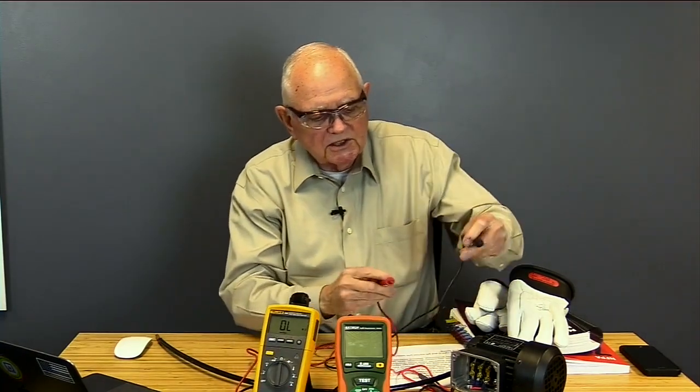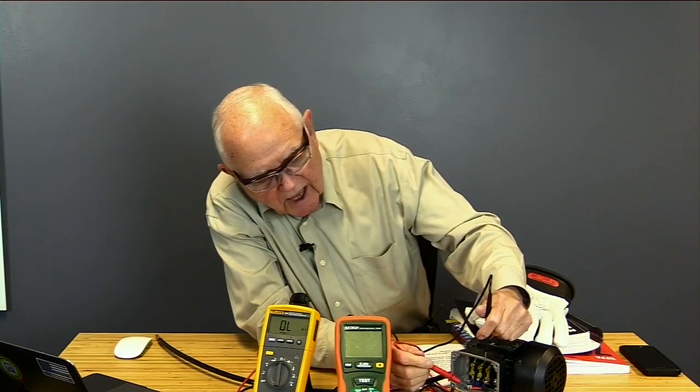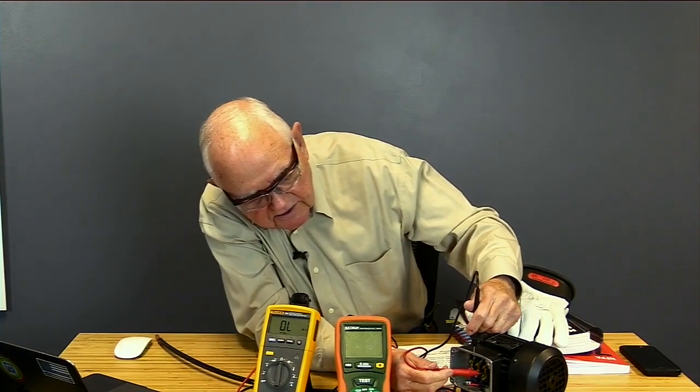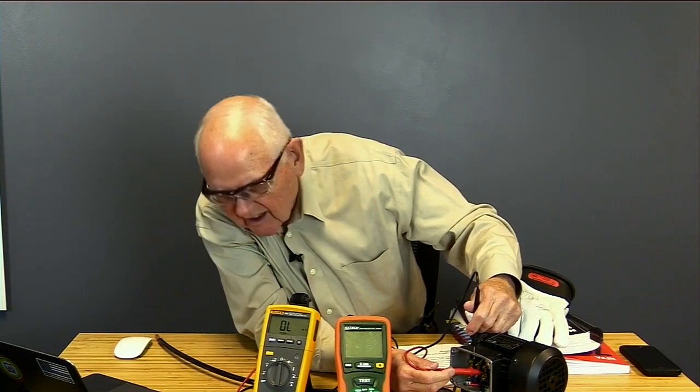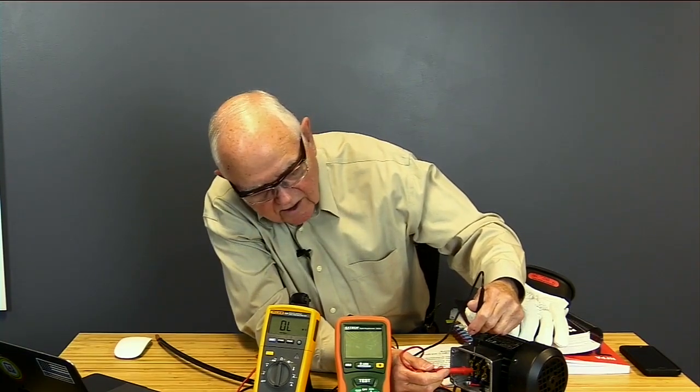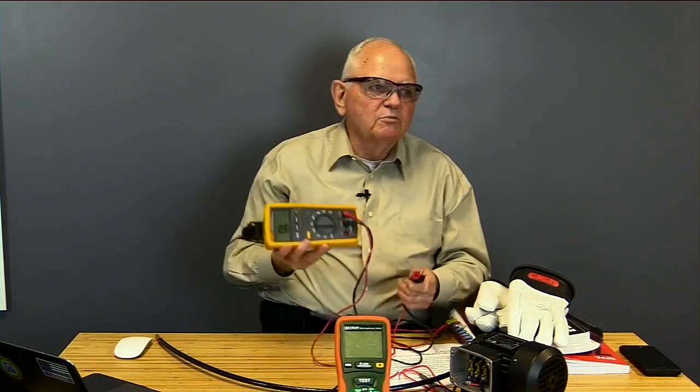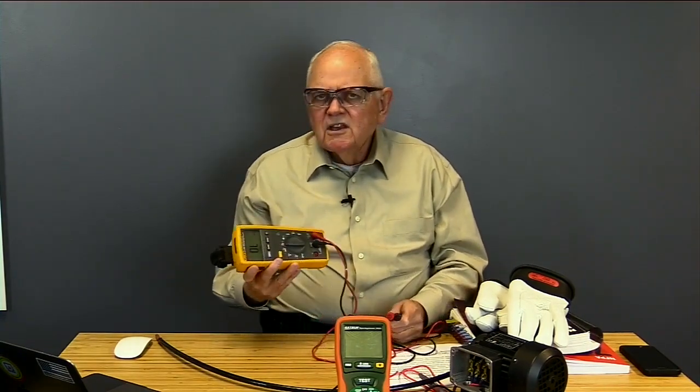So what I'll see people do is they'll say, oh, the motor failed. There was some smoke coming out of the motor, so I'm going to test the insulation resistance on this motor. I set my meter up to read resistance, put one test lead on a good ground, on the metal casing where there is no paint, and then I touch one of the phases. And I read open circuit. Wow, open circuit on all 3 phases. That's great, an infinite amount of resistance. The problem is this meter is only putting out somewhere around 2, 3, 4 volts, something like that. That's kind of like